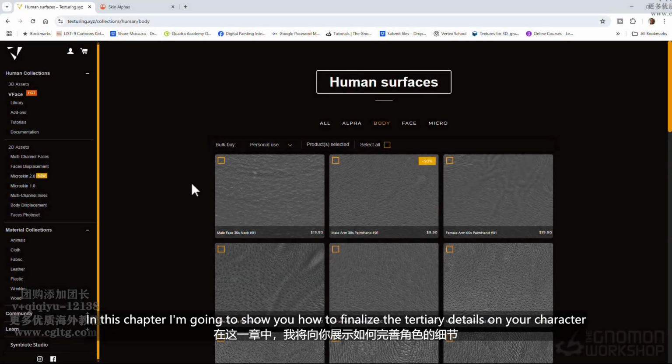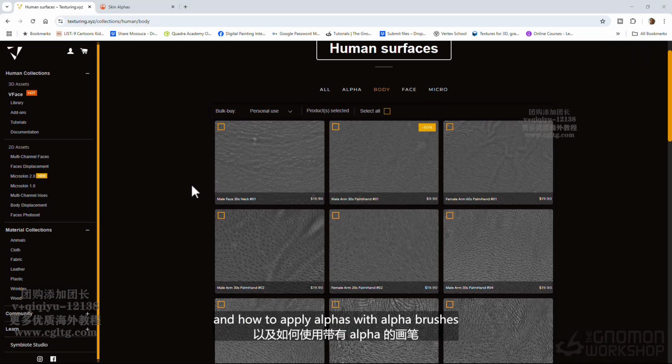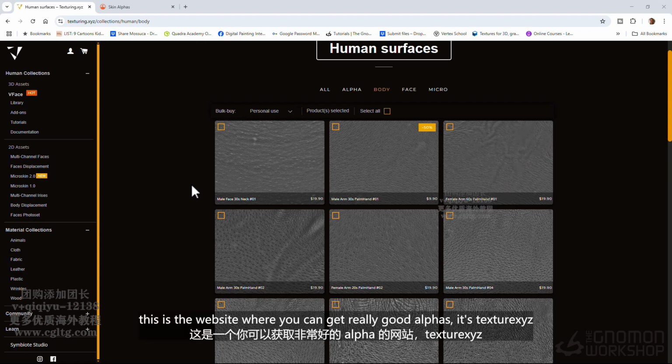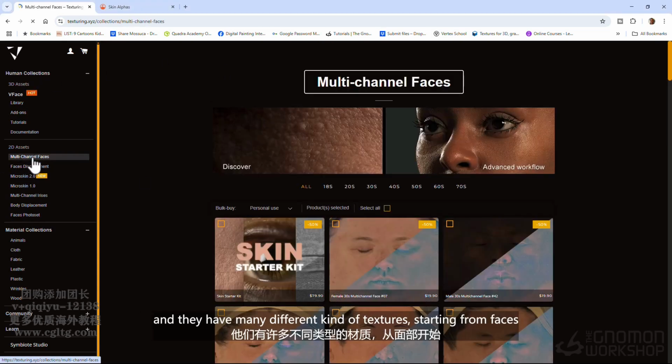In this chapter, I'm going to show you how to finalize the tertiary details on your character and how to apply alphas with alpha brushes. This is the website where you can get really good alphas, Texture XYZ, and they have many different kind